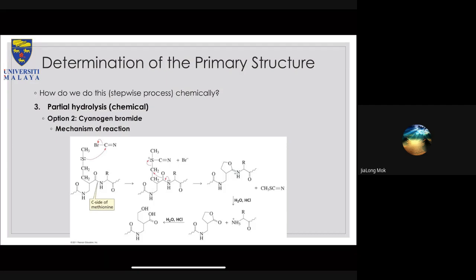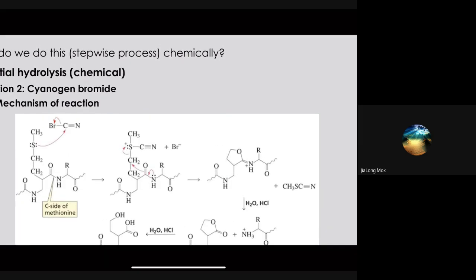Okay, so this is the mechanism of cyanogen bromide hydrolysis. So you have over there, that's the methionine. Okay, you have sulfur and then at the terminal of the sulfur, you have a methyl group. Okay, so sulfur being the nucleophile,